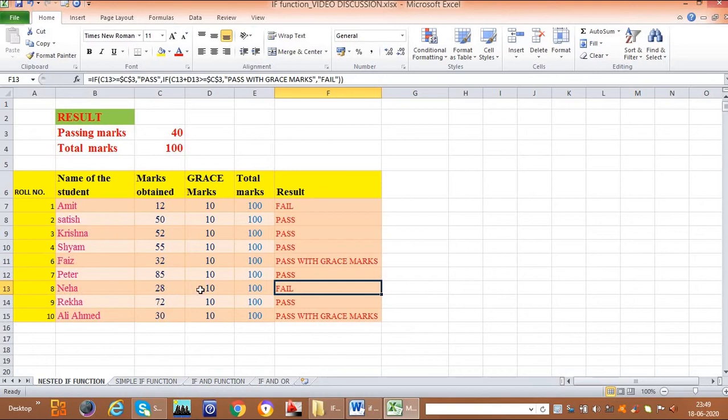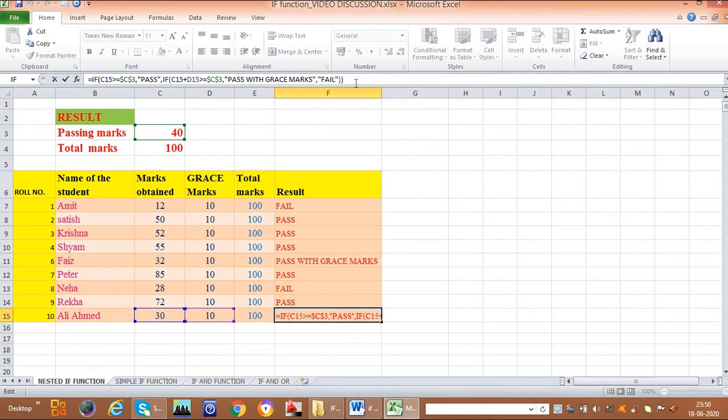So 20 plus 10 again becomes 30. So this Neha is again fail. So 72 and 30. So this is how the nested if works. This nested if means an if function used under the if function. So this is the nested if. This is a simple example which we have used here. So you can just practice it and reuse it for bigger